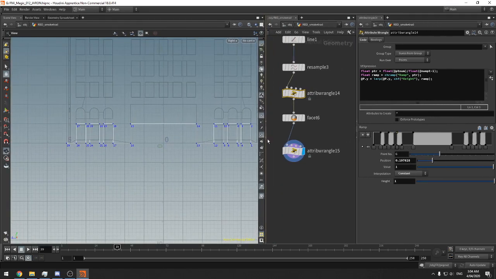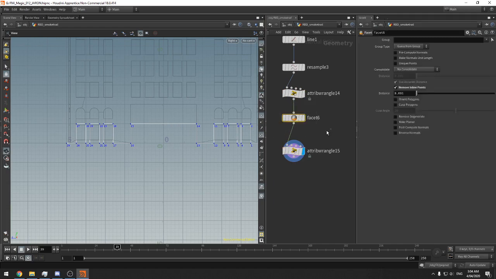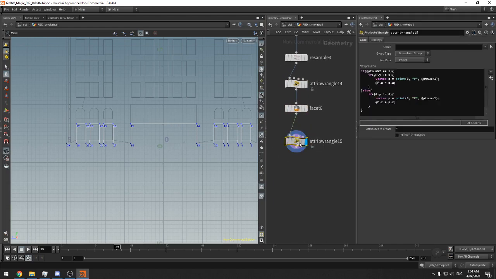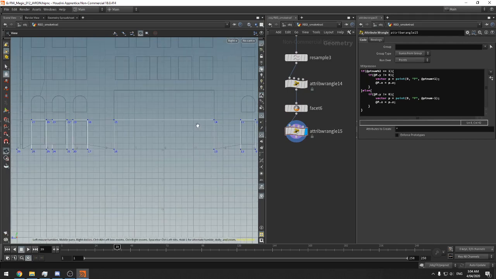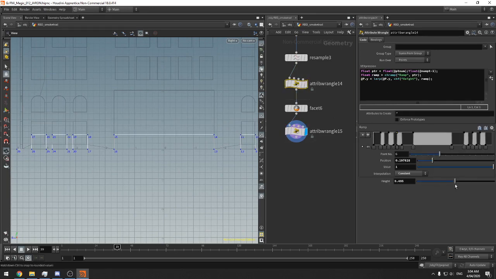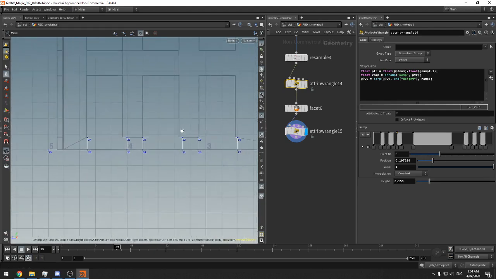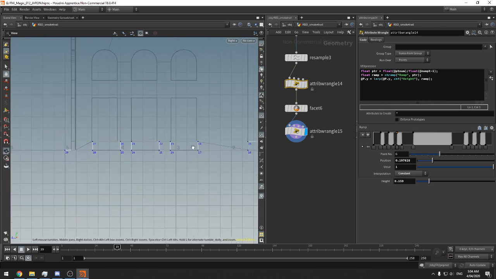So I want to get the length of each line, basically, and I'm going to get the max attribute and figure out which one has the longest, and then I want to raise that up, if that makes sense. So, for starters, I want to lower this right down. So that's going to be the base of where the window 1 starts, sort of thing. I also need to